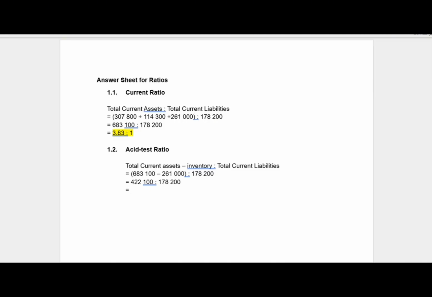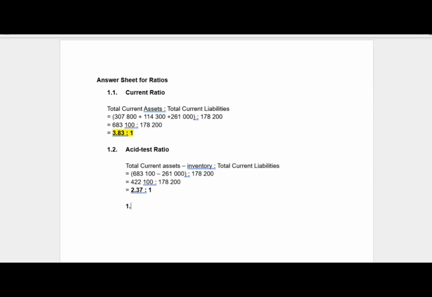So the ratio would be 422,100 divided by 178,200, which is equal to 2.37 is to 1. All right, that is the ratio. That is the ratio for the acid test ratio. All right, so we are done with our acid test ratio calculations, and we are going to the next one,